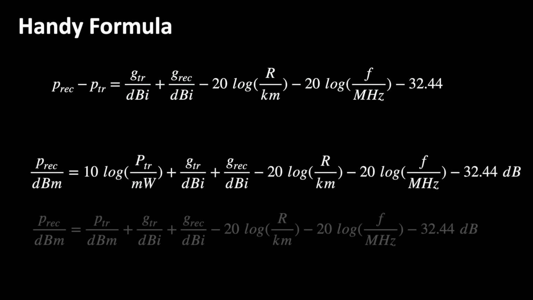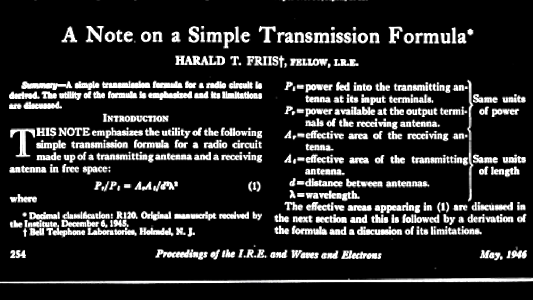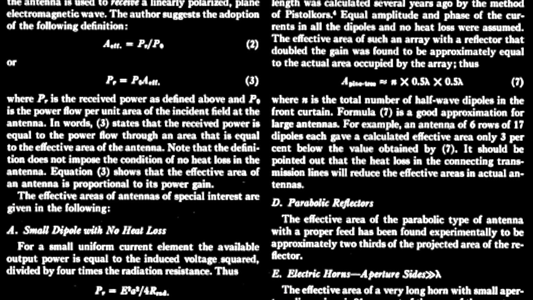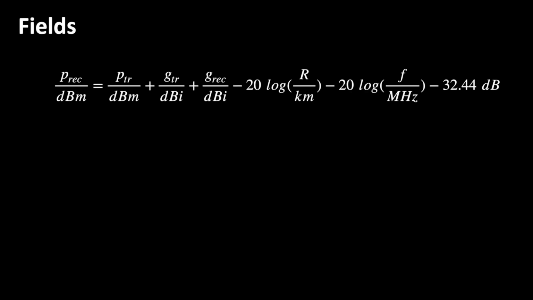I used it a lot in this form, and you can find Excel tools for it that I provided for download together with previous videos about wave propagation. This is the original publication from 1946 by Harald Friis, who was working with the famous Bell Labs like a number of other pioneers in communications engineering. Knowing the transmit power, frequency and antenna gains, we can use the formula to calculate the received power without having to think about its derivation.